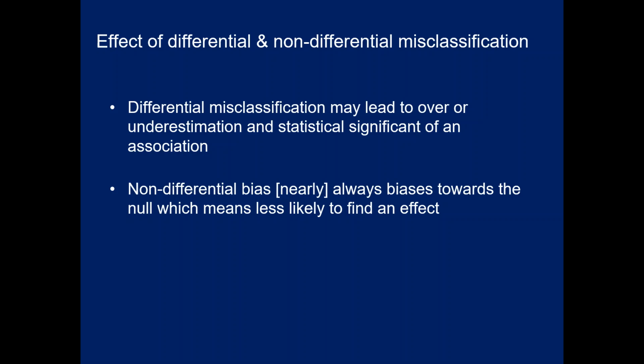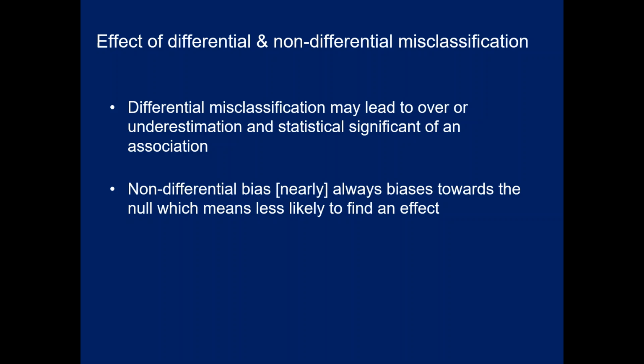In contrast, non-differential bias pretty much always biases towards the null, which makes us less likely to find an effect. So this is the crux of why we care. If the error is likely to have been non-differential, so basically we use the not so great test, and we found that there was an effect, because that bias is always going to bias towards the null, so what it's always going to do is make it harder to find statistical significance,